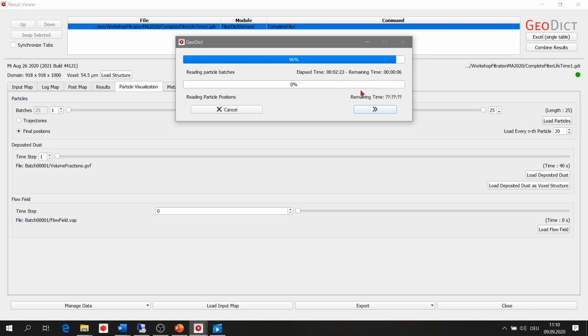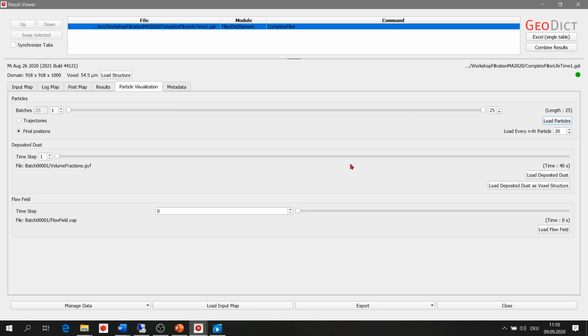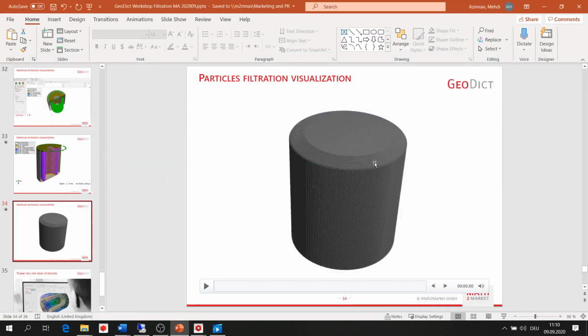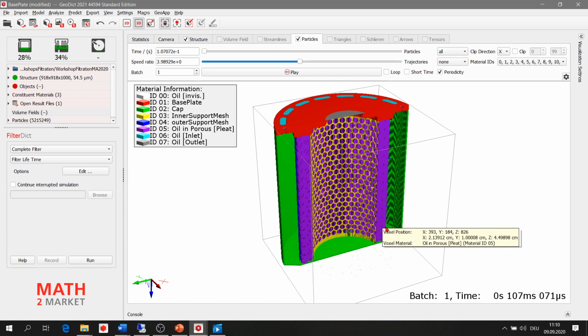If it will be finished in a couple of seconds, I can show you some stuff regarding the visualization. Yeah, it's done. So what you can do is that first of all, you can see some particles probably here as I click over, but they are quite small.